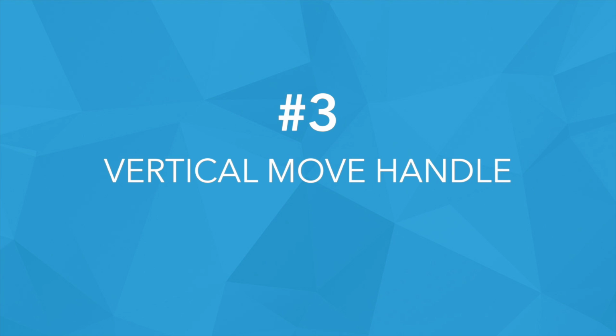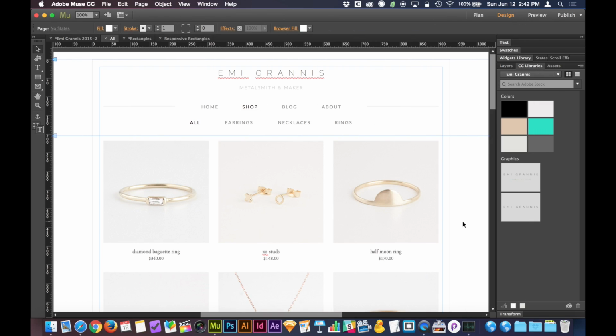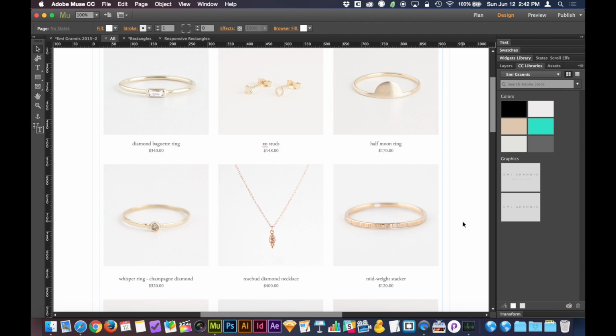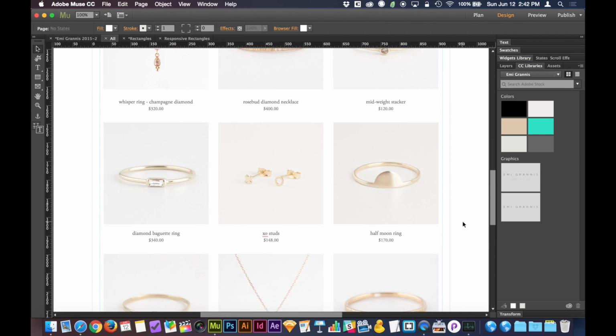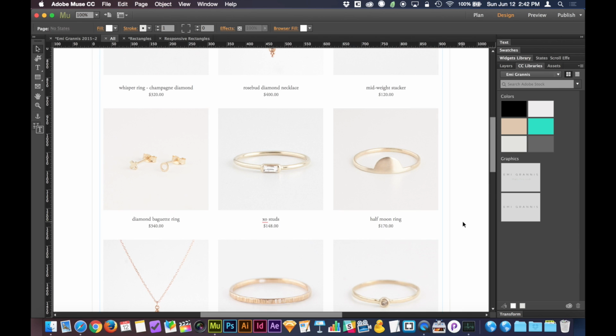Now this feature, in my opinion, is a really big deal. The vertical move handle. And this really saves a ton of time if you have long web pages. For some of you who don't have long web pages, it's not a big deal. But let's say we've got this page here that has product after product after product, and it just keeps going and going and going. If I need to add a new product here, for instance, or a new row here,